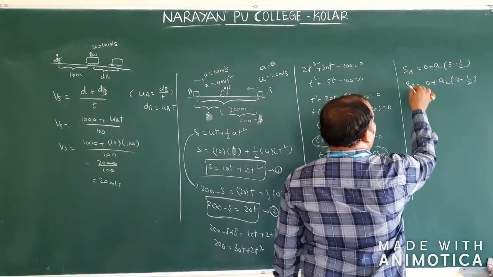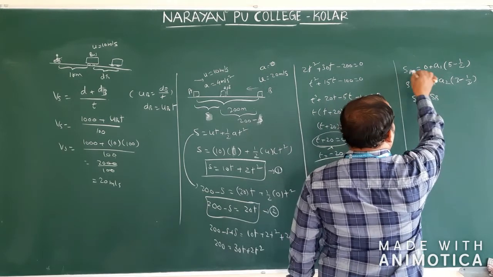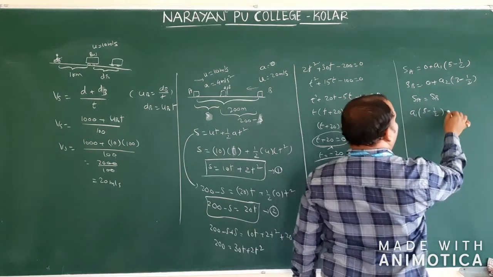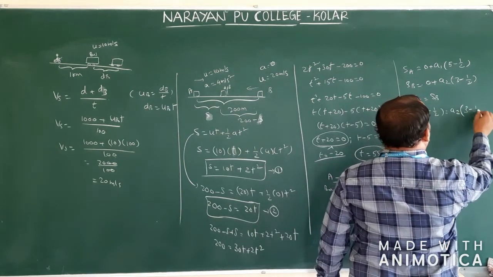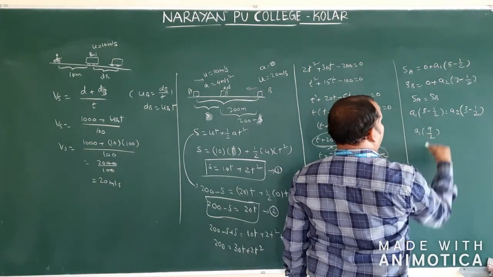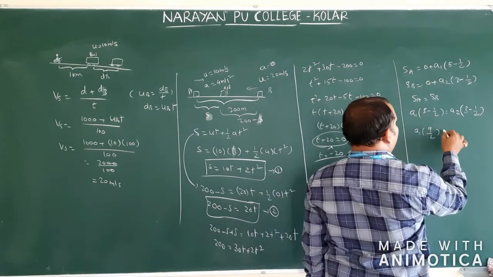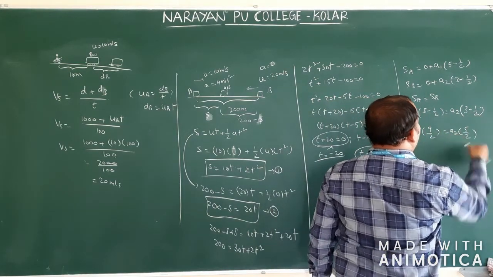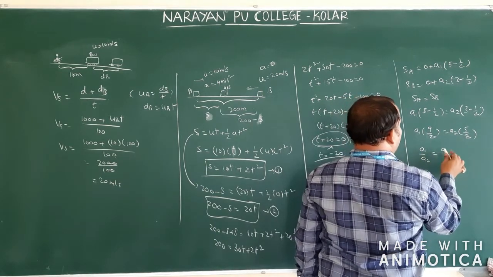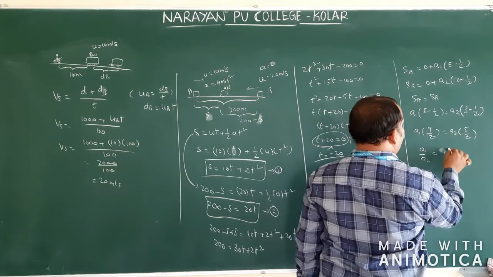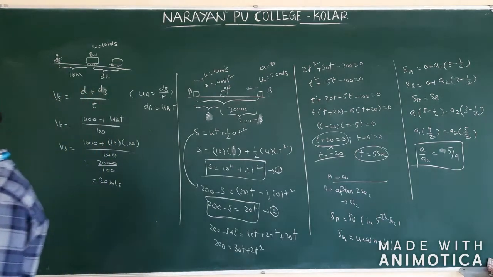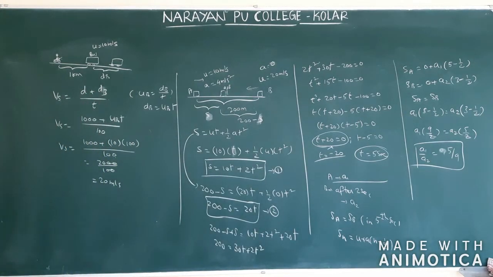Both are equal. Equate these two. SA is equal to SB. SA is a1 into 5 minus 1 by 2. SB is a2 into 3 minus 1 by 2. 5 minus 1 by 2 means 9 by 2. 5 2s are 10, 10 minus 1, 9 by 2. So 6 minus 1, 5 by 2. So 2 will cancel, a1 by a2 is equal to, this is coming this side. Therefore 5 by 9. Okay. 5 by 9, which option? Option 1.